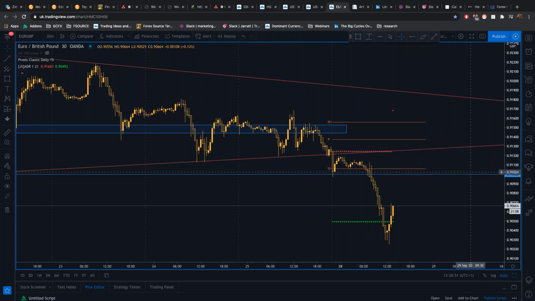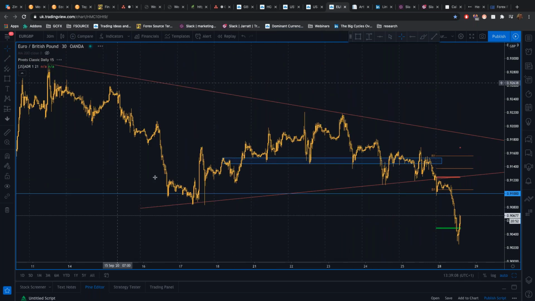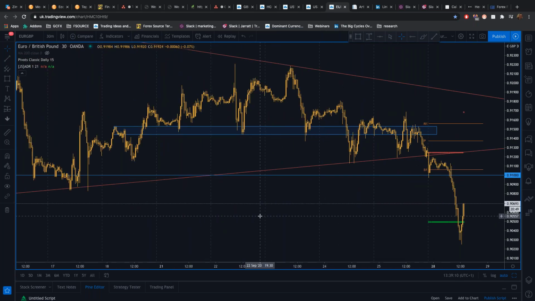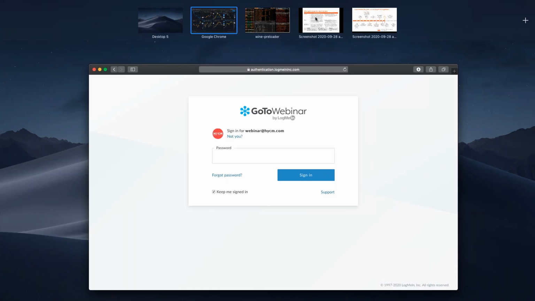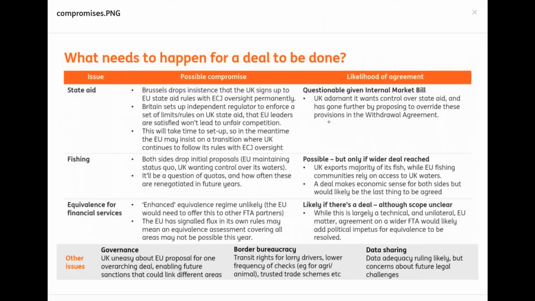Now, a key thing to be aware of is that trading the pound at the moment is dangerous in the sense that it's very volatile, and headlines can flip and move the pound 40, 50, 60 plus points at any given time. So you have to be very aware of that in the pound at the moment. And if a Brexit deal is organised, and say a deal is potentially announced, then expect pound strength going forward. More likely, there's likely to be further delays, further conflict between the EU and the UK.